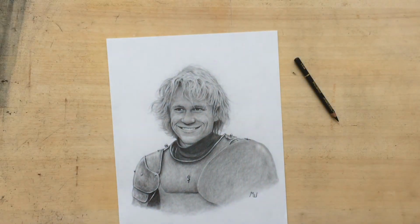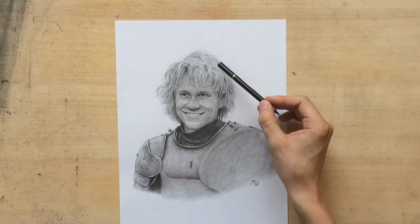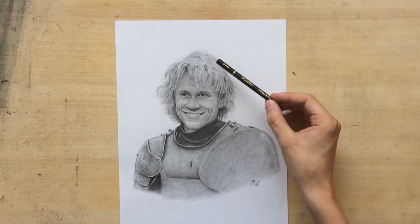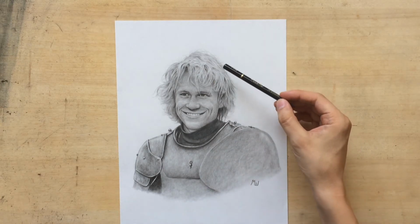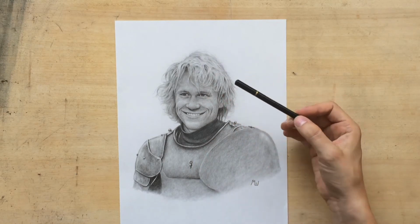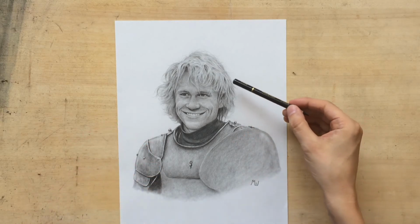I'm going to be showing you my drawing of Heath Ledger, and the reason this is interesting is because there are some very light, almost white areas on his armor, and his hair, as you know, is fairly light. He is blonde, or at least he is blonde in that movie. So what I wanted to show you here is that in order to draw blonde hair, or in order to draw lighter portions of your portrait, you don't necessarily have to draw a dark background. If you feel that a dark background would be too distracting or would eat up your character, in order to make it pop out of the paper more, you can just draw